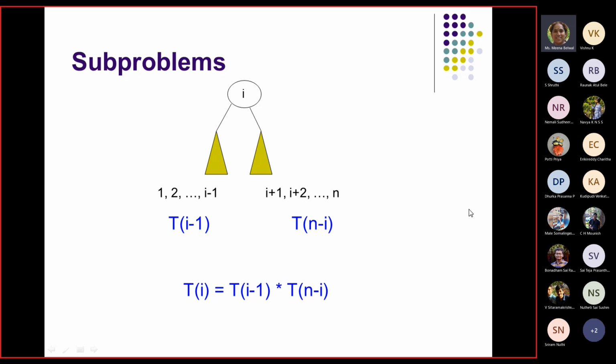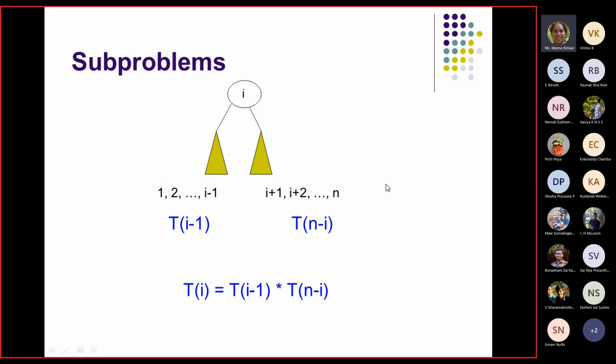Each binary search tree should have a different root node. Once you have fixed a root node, you find how many binary search trees you get on the left hand side and on the right hand side, and the multiplication of that gives you how many binary search trees you have when you fix a root node. This is only for root number I.